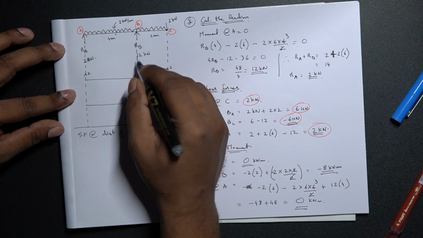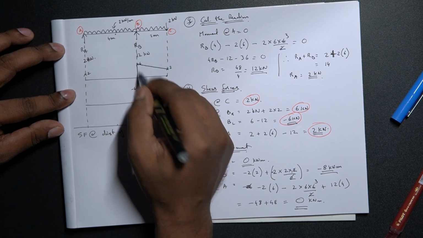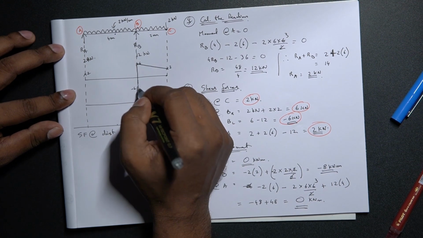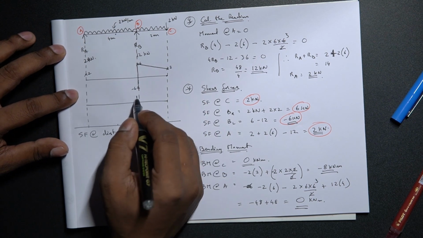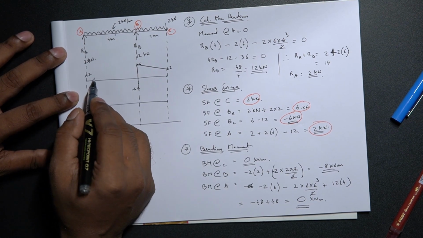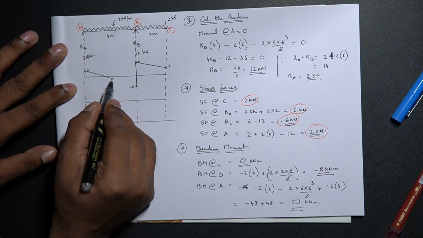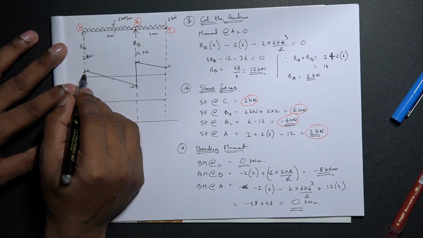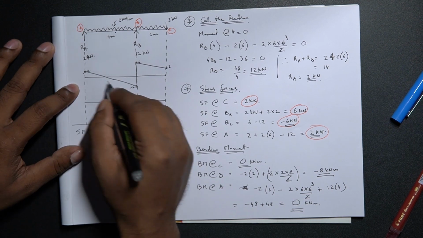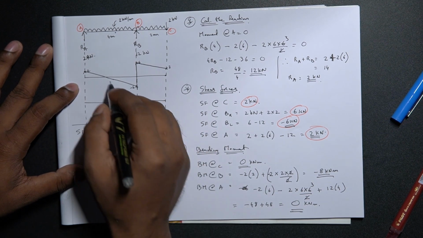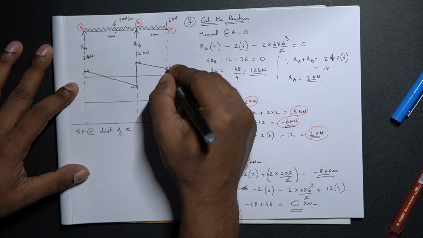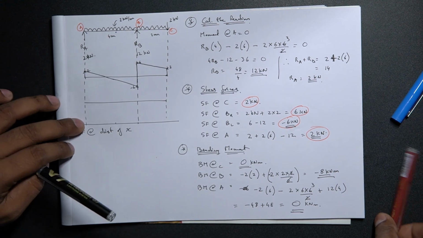And at point B we have a force acting exactly vertically upwards, so there is no linearity over here, it's just a quick jump. And lastly, from 2 to 6 we are having a linearly varying graph at this particular point. So if we shade that,